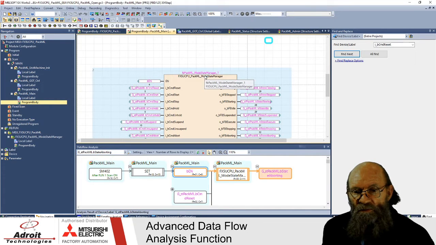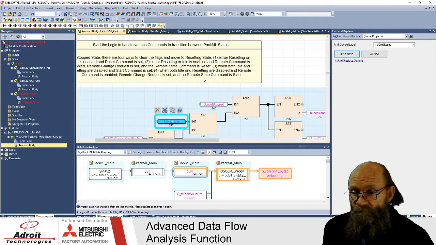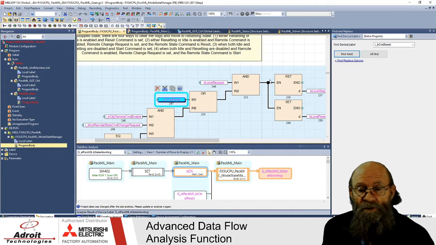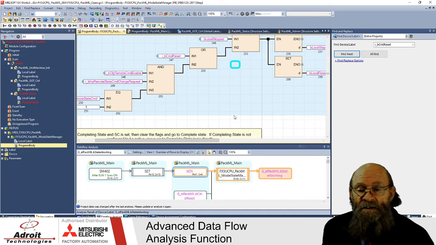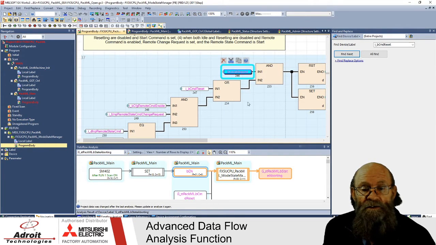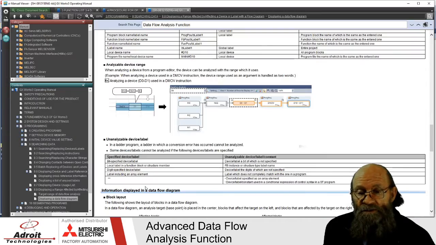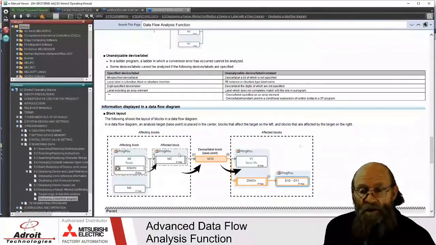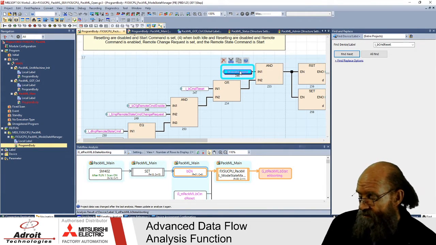More importantly, one can go into the function block and analyze data from wherever in the code. It doesn't matter where you are. I'm just looking at the function block now for an example. And I'm going into the function block now, and I've selected a part in my function block which I would like to analyze. A little bit of a design that I got going here, and let's say I would like to analyze this label to see how it's been according to the manual, how it's affecting the block, the affecting block and the affected block by this label. Okay, so Control-Shift-E again,